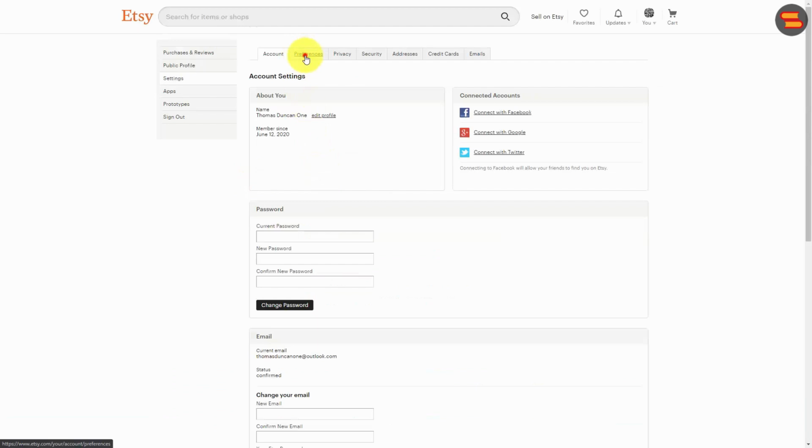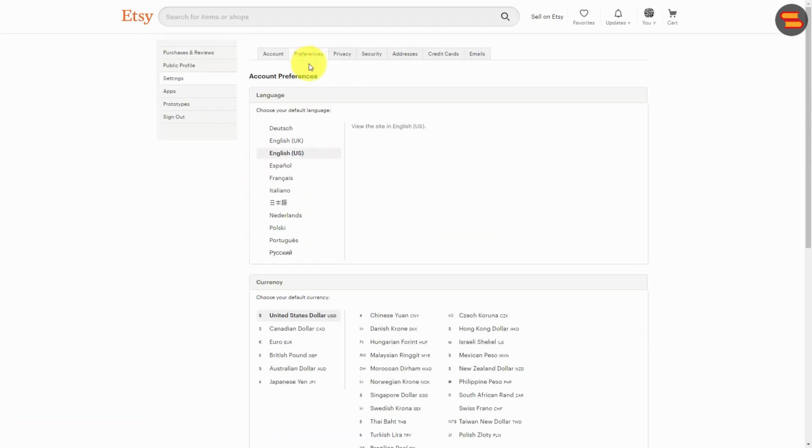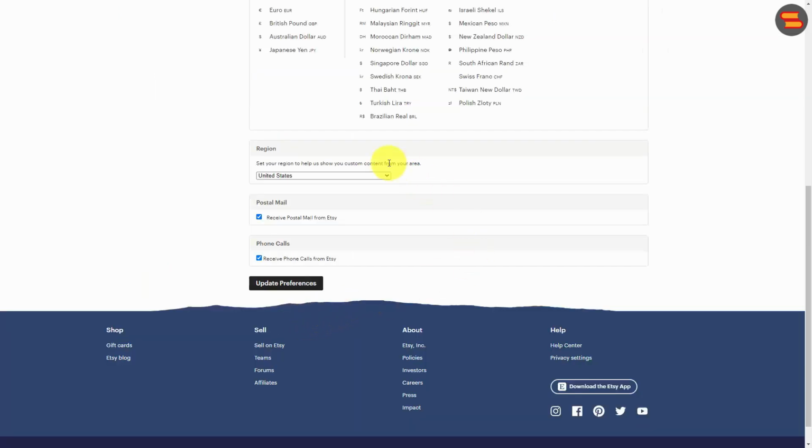Also within the account settings are going to be your preferences. So if you're going to primarily operate using a specific language, you're going to want to designate that here. You're also going to want to designate whatever your currency is going to be. In this case, we've indicated that our region is going to be the United States. You'll need to indicate your region